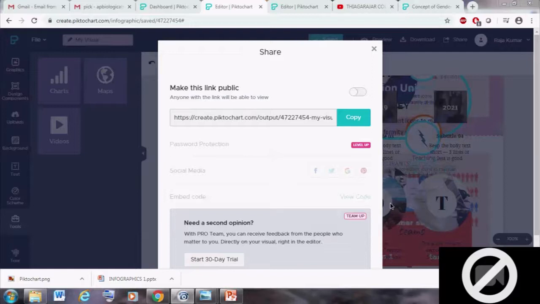Any other question? Are all templates free in this PictoChart? Actually, in PictoChart, only 5 infographics we can create in the free version. Otherwise, we can go with the paid version.